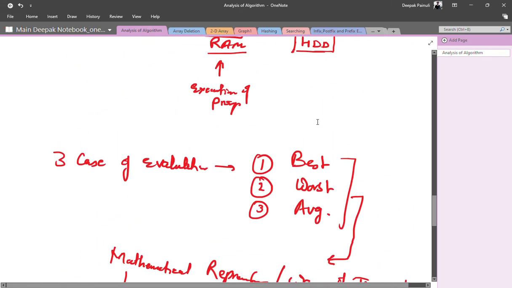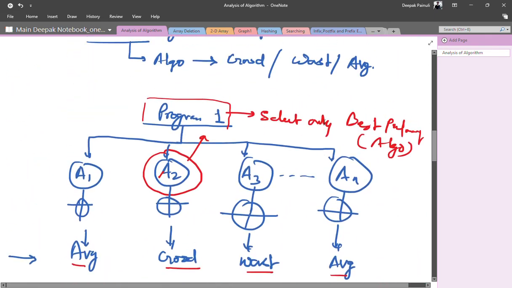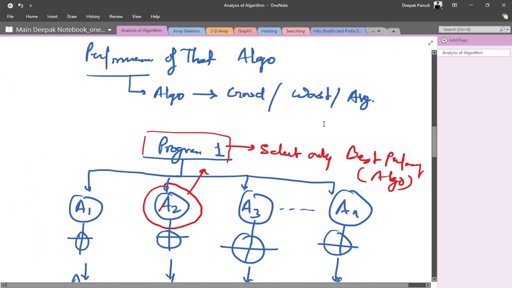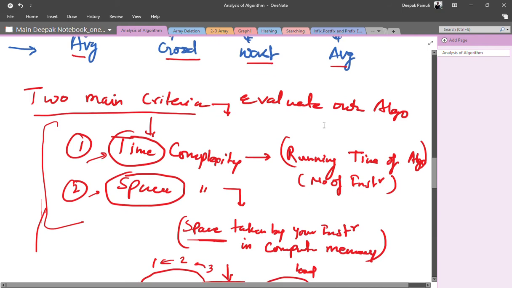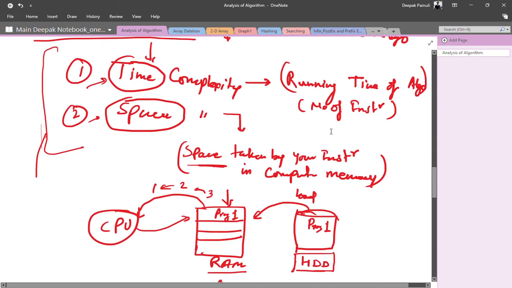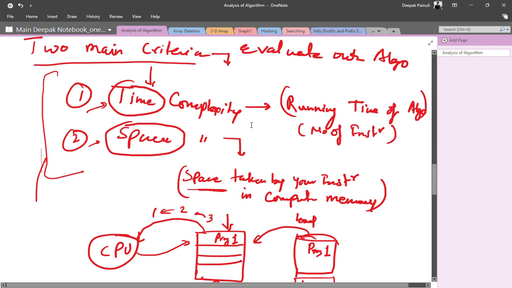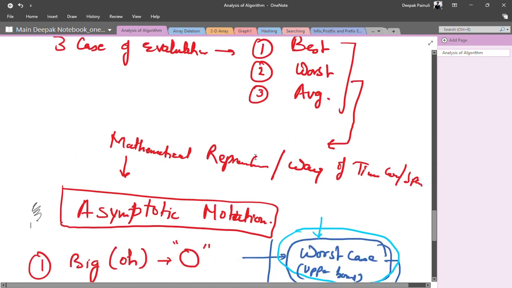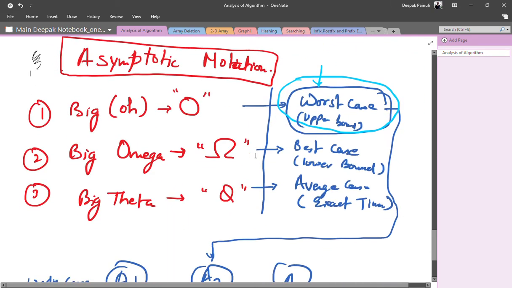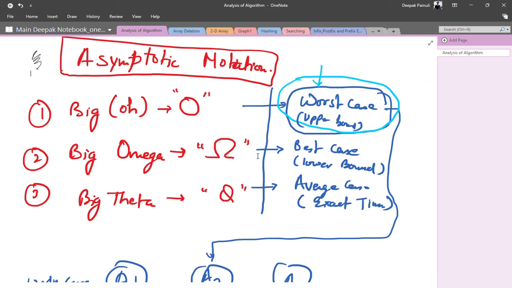Okay, so in the last class we understood design analysis of algorithms and on which criteria we are evaluating our different algorithms for similar kinds of problems, right? So we have time complexity as one of the criteria and space complexity as the other one, right? In the last class we also got a basic understanding of asymptotic notations used for denoting the complexities, the time complexity of any algorithm, right?